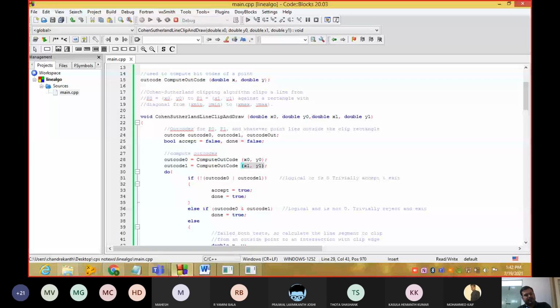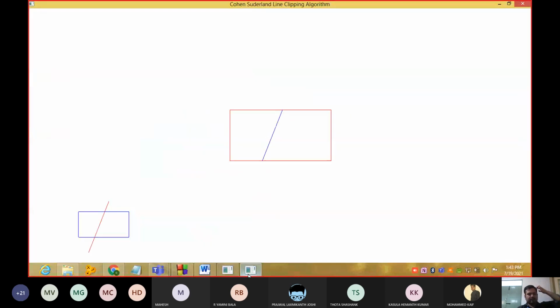And next what we do is we do the AND operation, right? We do the AND operation here. We are going to check. See here, this will be bottom right for this line. Wait 1 second, I will Google.